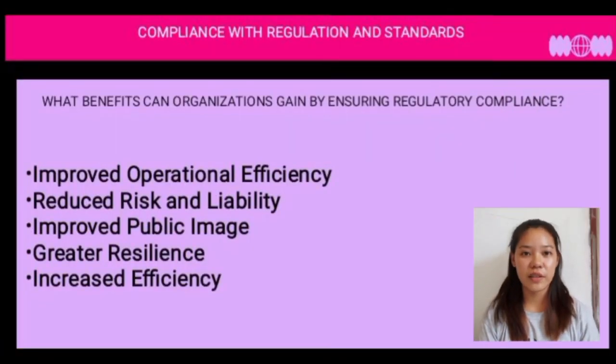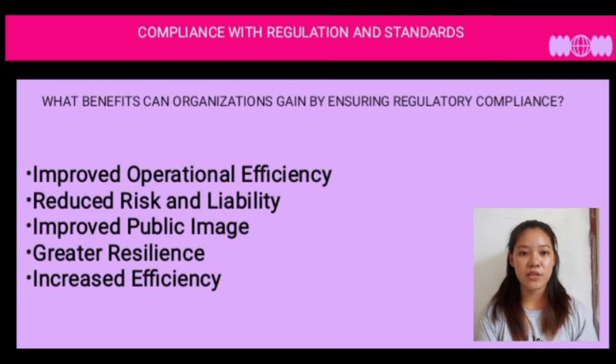What benefits can organizations gain by ensuring regulatory compliance? There are many benefits to an organization for achieving or demonstrating regulatory compliance. A major benefit is business continuity and improved trust in the industry and among customers. Some other benefits include: 1. Improved operational efficiency. Adhering to regulatory compliance can help organizations ensure all operations are conducted efficiently and in accordance